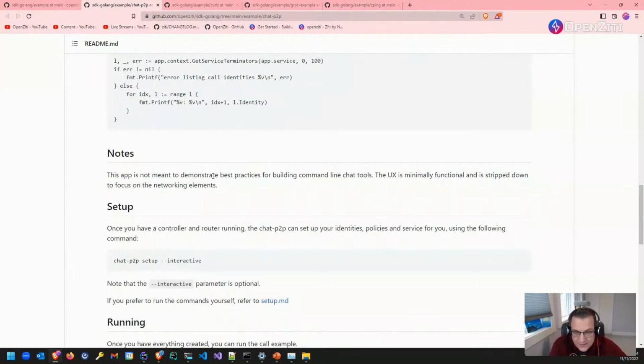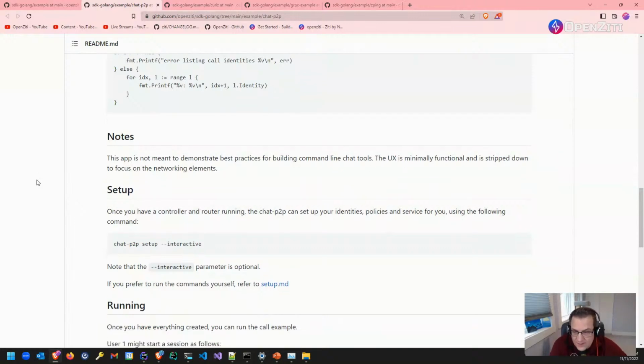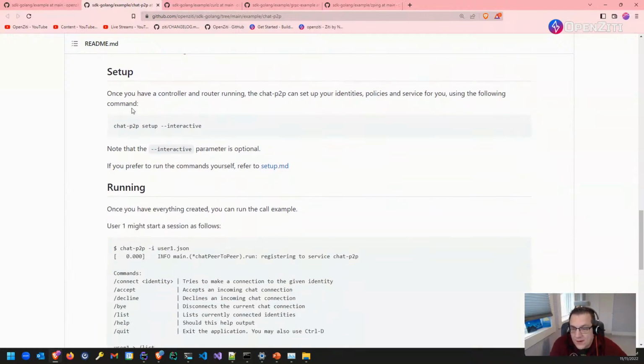This app is not meant to demonstrate best practices. It's an example, sure. The UX is function stripped down, sure. Okay, once you have a controller and a router running the chat app policies and service, use the following command. Well, I don't think I have built this yet, but